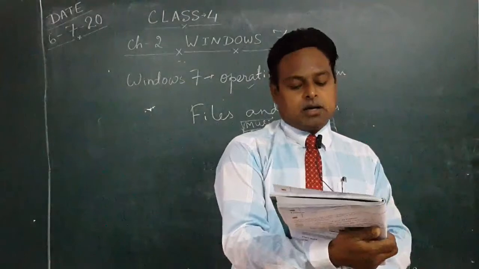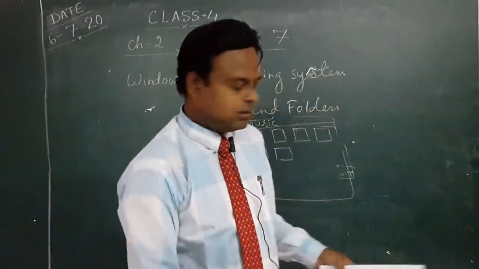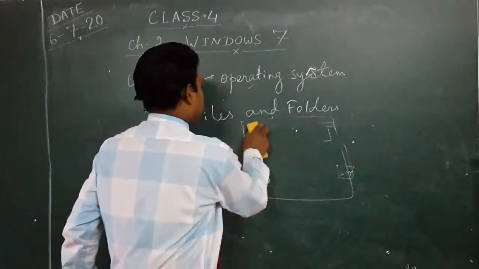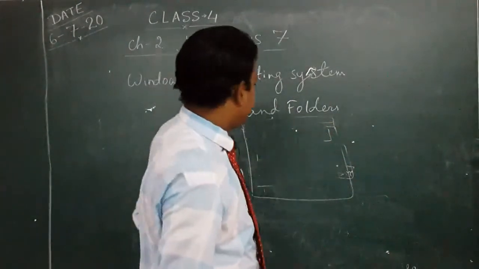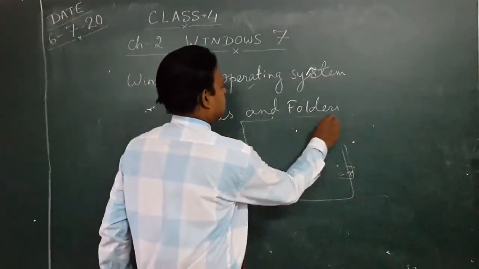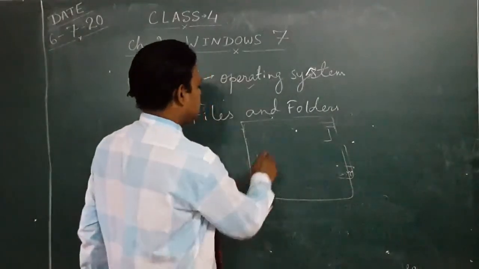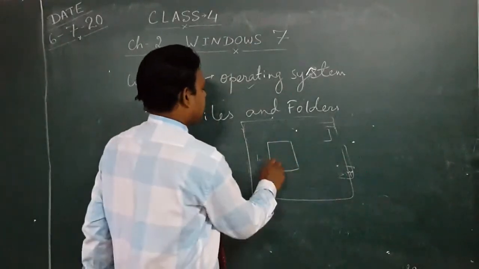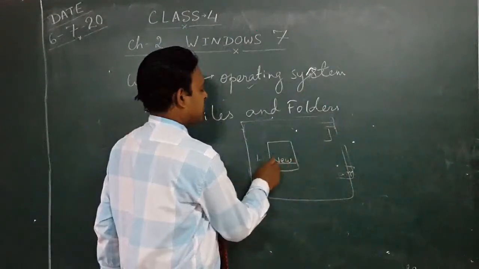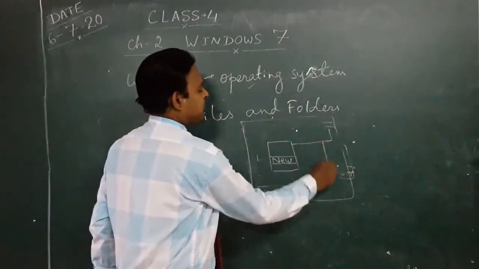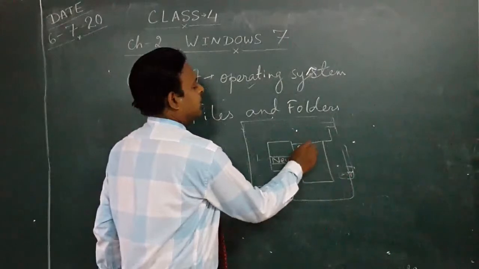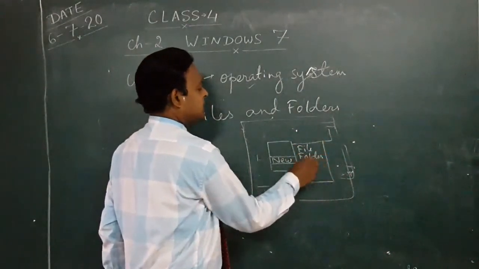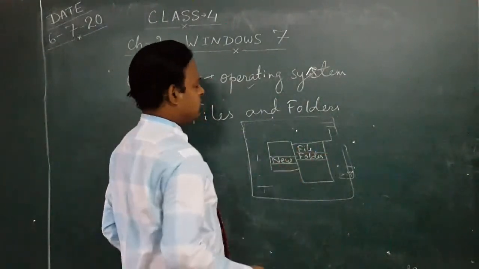Now how to create a new folder? How will you make the folder? How to create this music folder? Let us see. This is your desktop. With your mouse you will do a right click. You will select this option New and one sub menu will open up. Here it will be file or folder and other options are available. So you will select Folder from here.